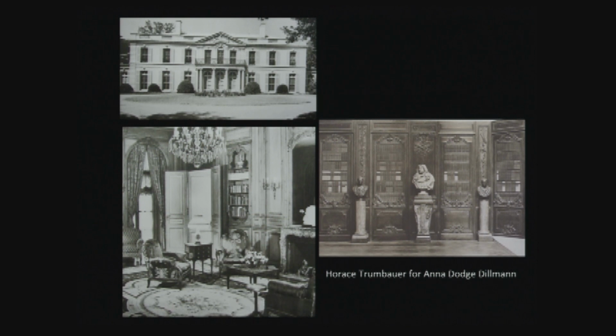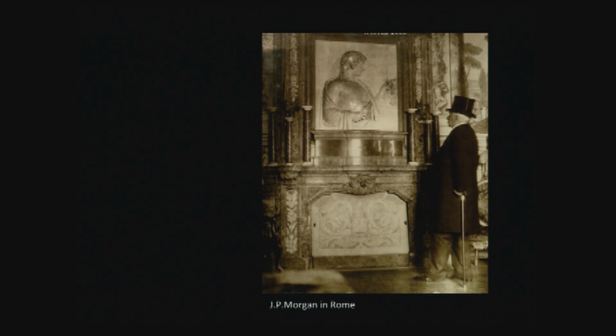The building is today the embassy of Belgium, and it's still up, and you can see these rooms, these woodwork inspired by the Henschel collection on photographs on the internet. Now, the person who really is important at the time was J.P. Morgan, and he was looked for by many people in Europe as a potential client, and he really bought wholesale